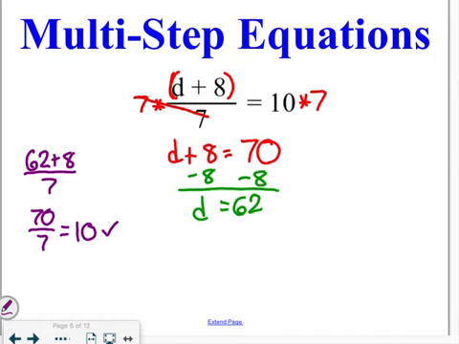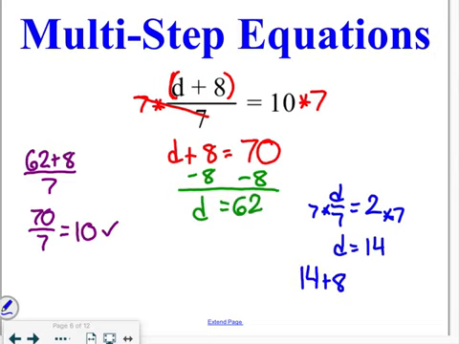If you had accidentally subtracted 8 first, that would give you d over 7 is equal to 2 after you subtracted your 8. Multiplying by 7 on both sides would have given you d is equal to 14. When you plug that back into your equation, you get 14 plus 8 divided by 7. 22 divided by 7 does not